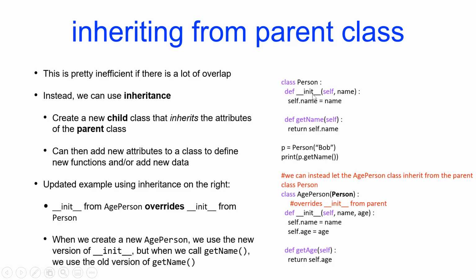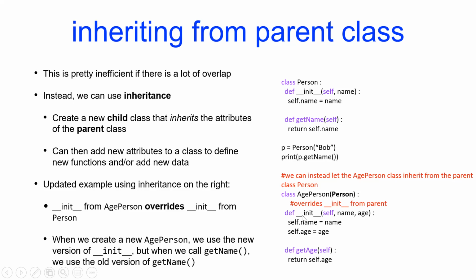You can directly reuse it, or you can modify it. So the age person chooses to just directly take the getName,